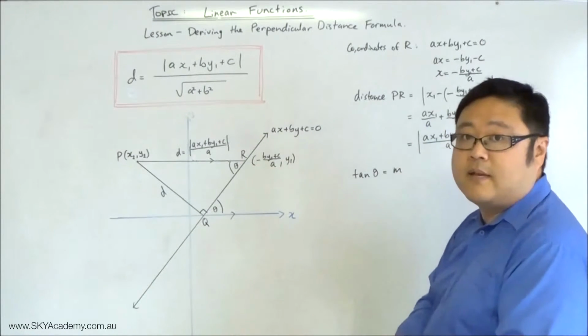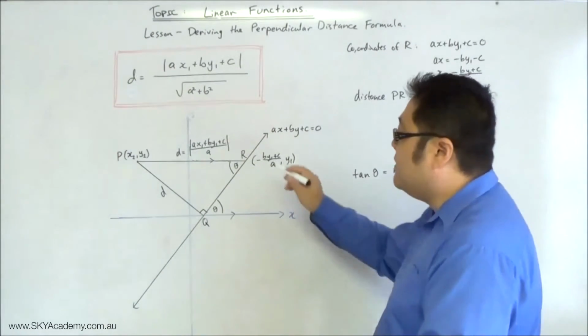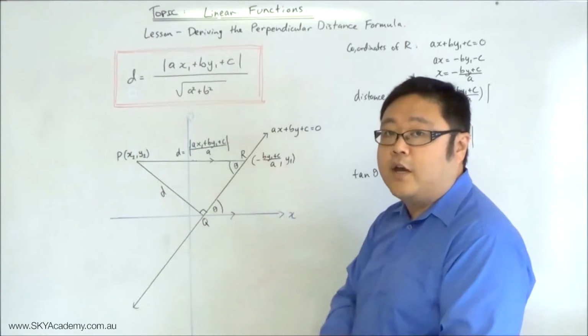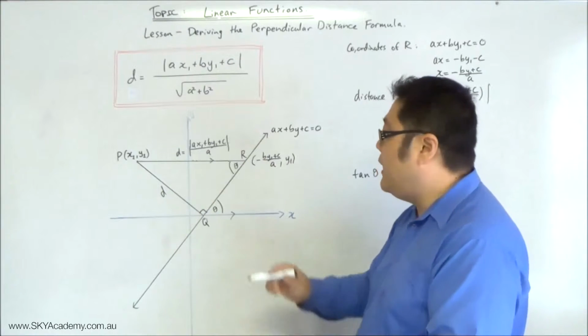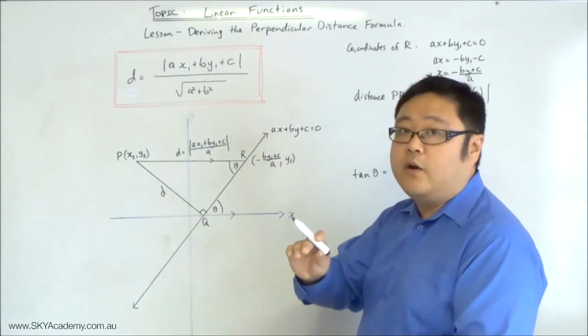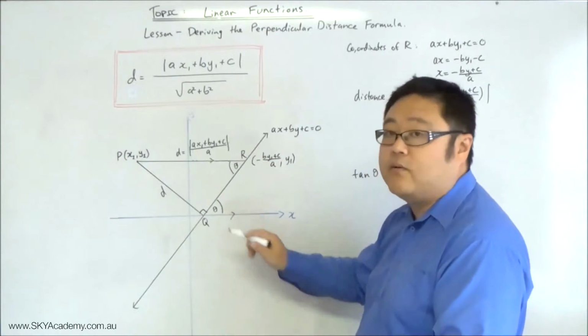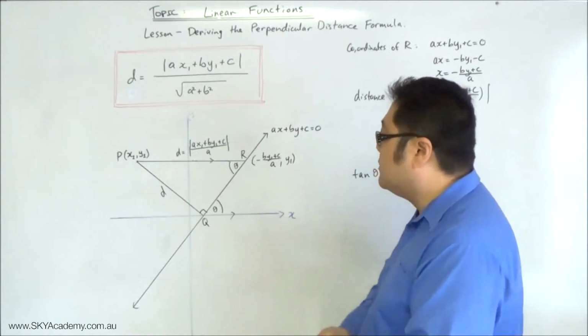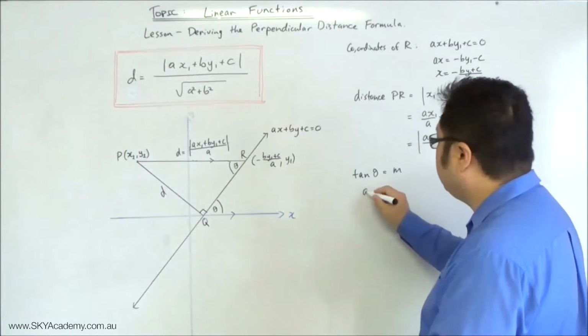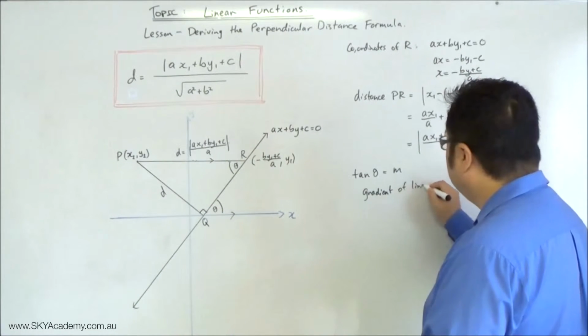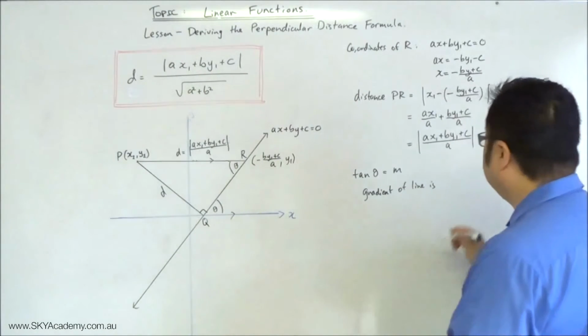Okay? Does that make sense? Alright, and this is where trigonometry comes into it. So if you don't understand that, you can go back and look at the trigonometry section and/or the video where I talk about gradient, and you'll see that the tan of this angle will also be equal to the gradient. So the gradient of the line